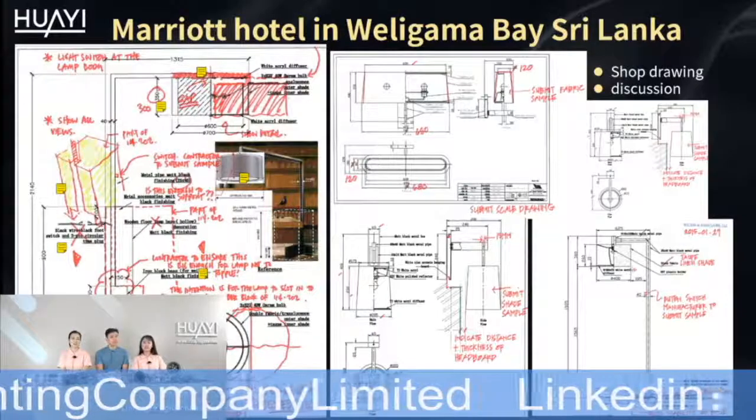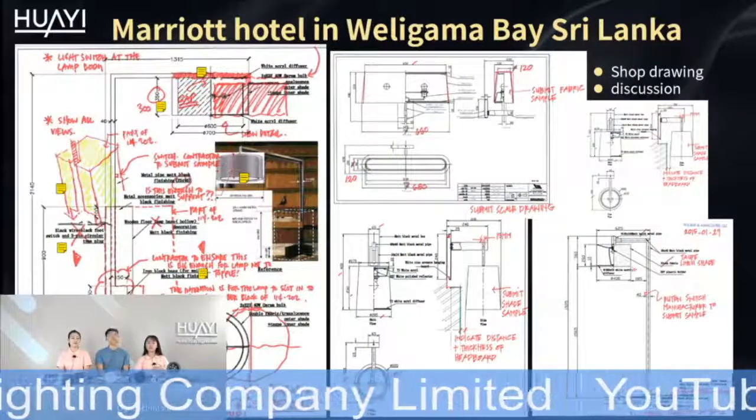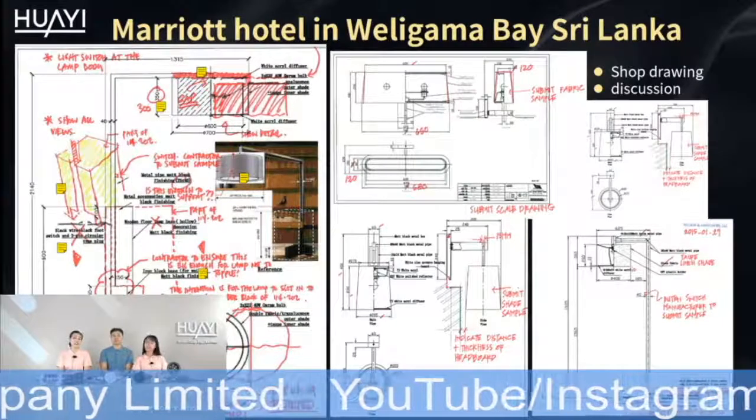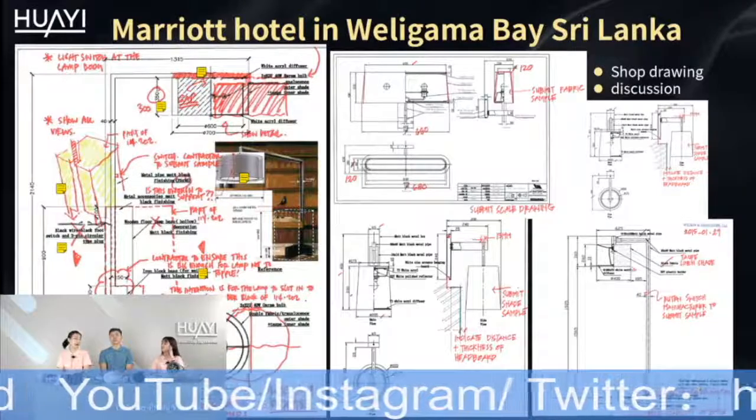Normally, the client will send us the original spec sheet to understand. See the screen on the right side, we can understand this is a floor light. Also, the size is important. With the size, we can do the initial cost estimation for the client. Exactly. And also with the size, we can get into the second step to deepen the project proposal by our